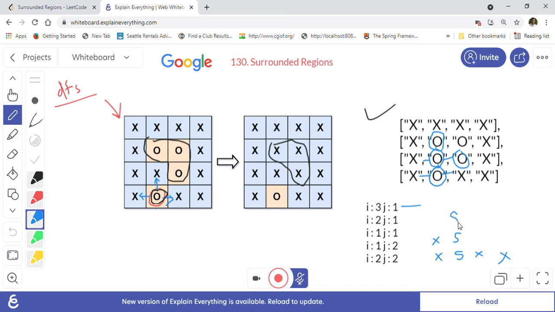So this one, as you can see, I made here X, and then this one is X, and here you can see that we have visited 1 1, and now we are visiting 1 2 here. So 1 2 is this one, right? 1 2 is this one, we convert that into S, and we are visiting 2 2 is this one, right? So four directions means this is 2 2. So 2 2 is this one, so we visited that also, and we just made it to X. So this is how our matrix will look like, right, internally now after this DFS is complete.